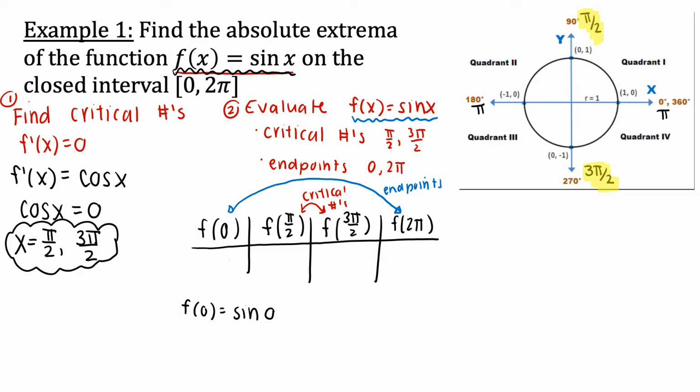Sine of 0 is just 0. F of pi over 2 would be sine of pi over 2, which is just our y value, which is 1. F of 3 pi over 2, which would be our y value at 3 pi over 2, which is negative 1. And then f of 2 pi,